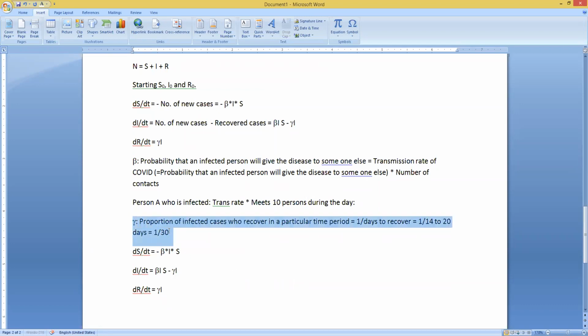Now we know gamma is 1 by 30. What is beta? Beta is much more difficult to estimate. One is contacts, how many people you're meeting. So currently we can take this to be about 8. And the transmission rate of COVID is 2%. It was 2% in China. In India, it is believed to be much less. So 2% into 8 is